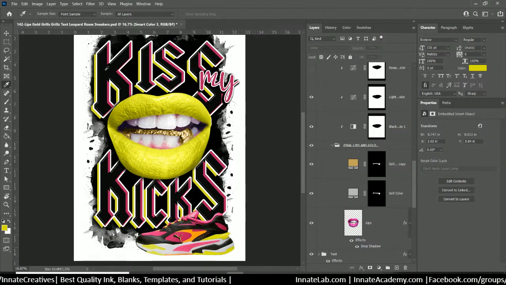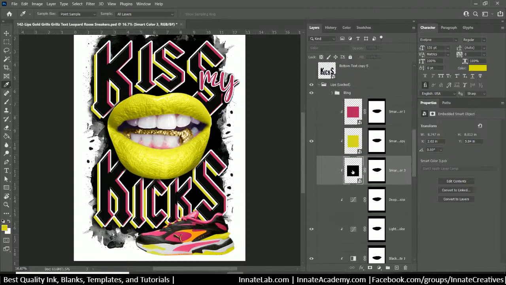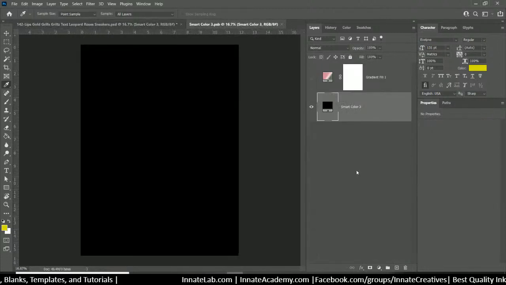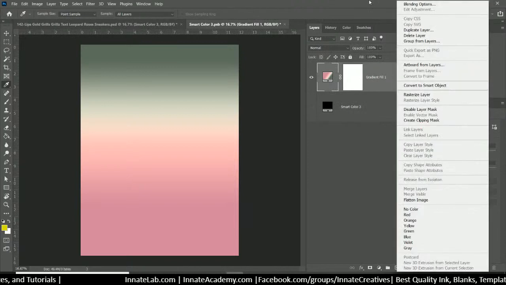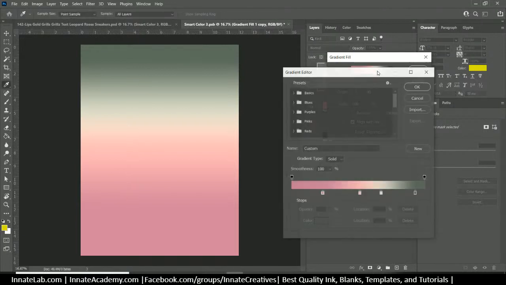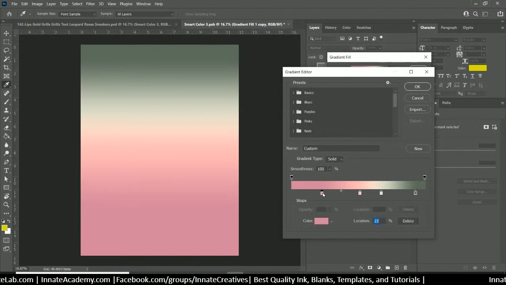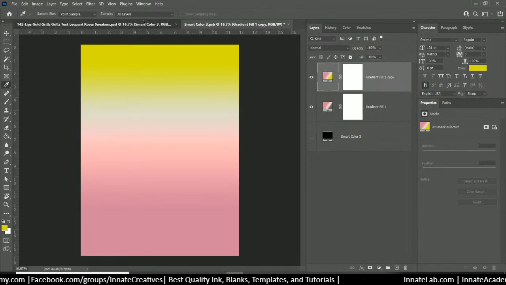I'm thinking I need a little visual interest in here for my KISS. So let's double click on the black right now. And I had a gradient before, so let's play with this. Let's duplicate that layer. And maybe I want to do the pink to yellow. Let's see. We'll double click on the gradient. Go to the first color stop. I think that'll be the pink. Let's say the last color stop will be that yellow. And then in order for me to get the pink,